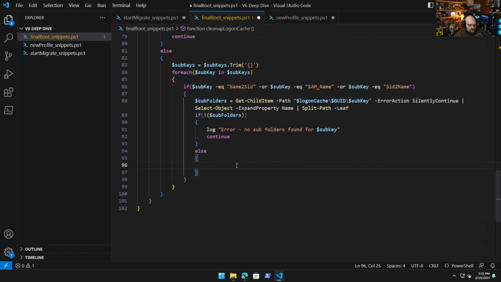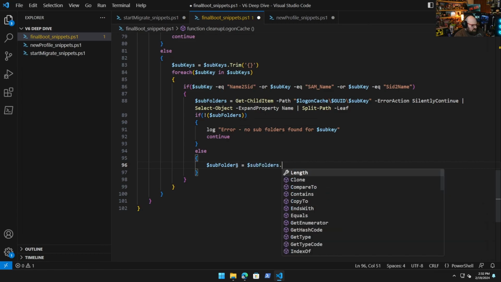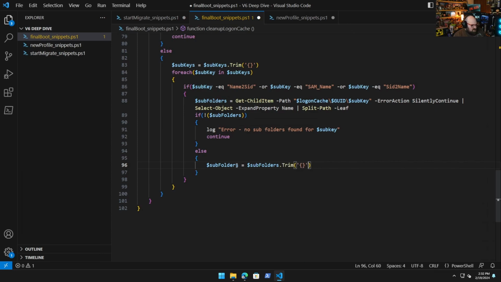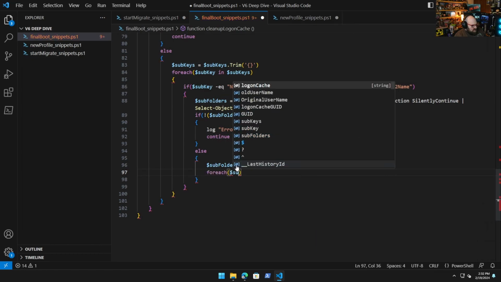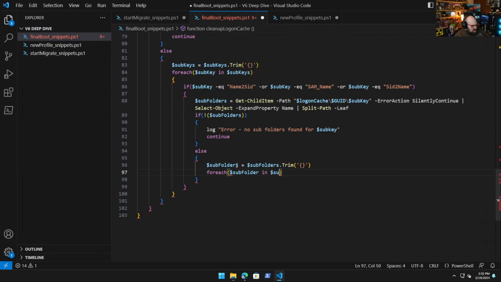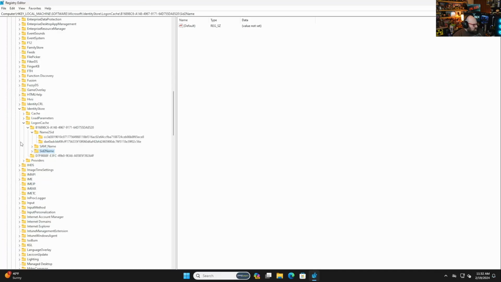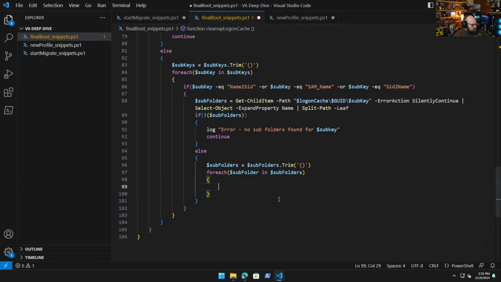If we do find something there, we do want to take the subfolders and we want to trim the curly braces off. This should look familiar. It's the same process we used before. And then we iterate through them. For each subfolder in subfolders. Okay, because now we're looking at the subfolders within them. So for each one,